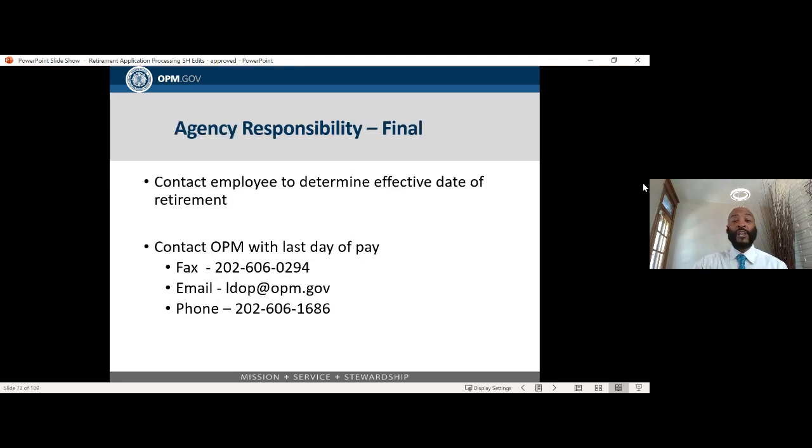Okay, agency responsibility. You're going to contact the employee to determine the effective date of retirement, and then you're going to contact OPM with the last date of pay. You can either fax it to this 202 number, you can email last day to pay at opm.gov, so that's LDOP at opm.gov, or you can phone it in at